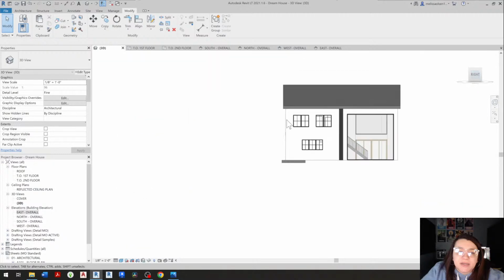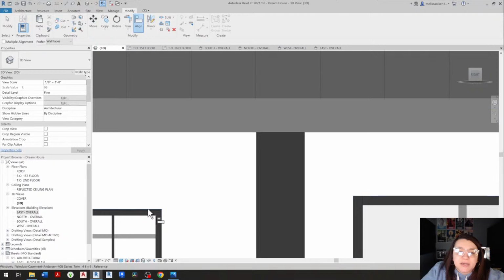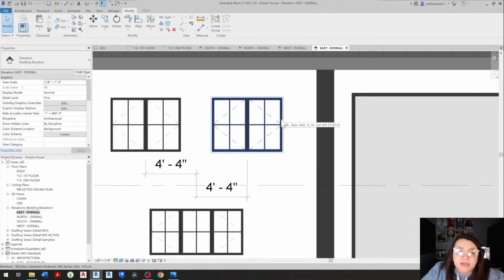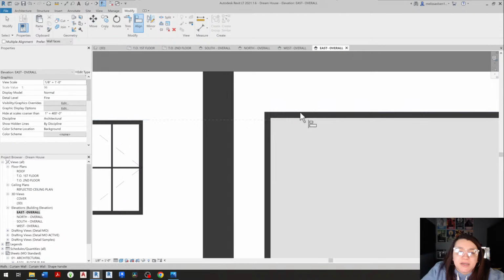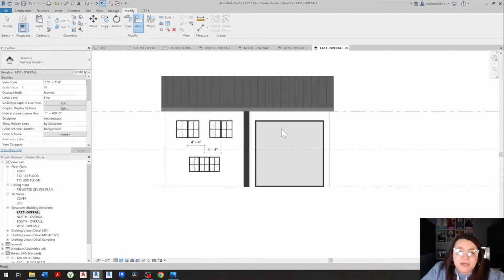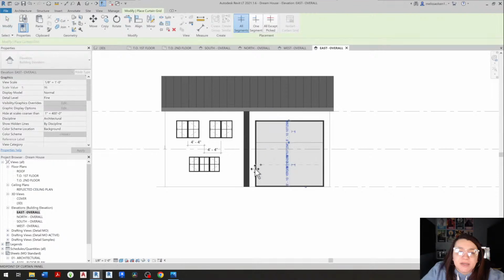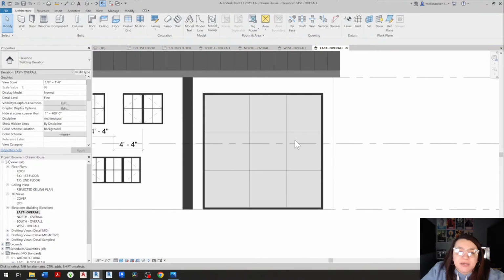I think I'm going to align the heads of this window with the head of the curtain wall for now, and if I want to make it taller, I can always do so. So I'm just going to align, and let's just put some grid lines in. That's a 7-foot span. So I'm just randomly placing them. And what I'm going to do is use